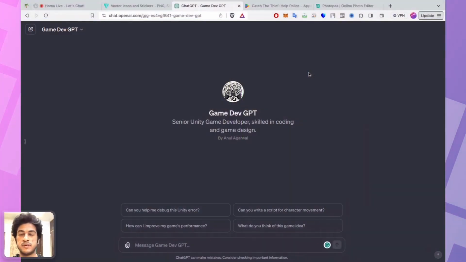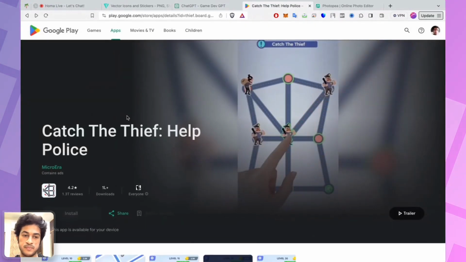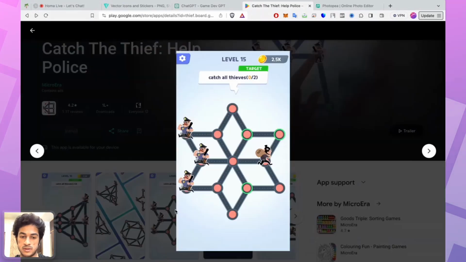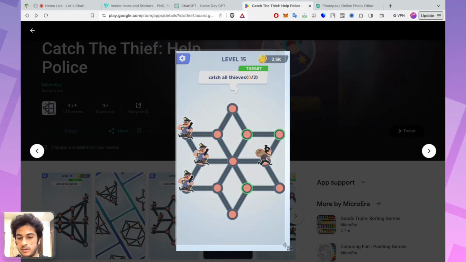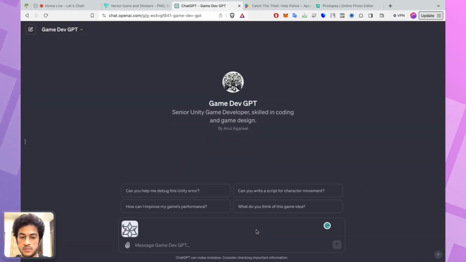Sounds good. Okay, so to showcase some implementation of what we can do in Unity, let's take a reference game. And I found this really cool game called Catch the Thief on Google Play Store. It is a very simple, short game which incorporates some elements of grid management and pathfinding system, which is perfect for what I want to showcase today. So let's take a screenshot of the level mockup, and we can just go to ChatGPT. We can put the mockup up there,